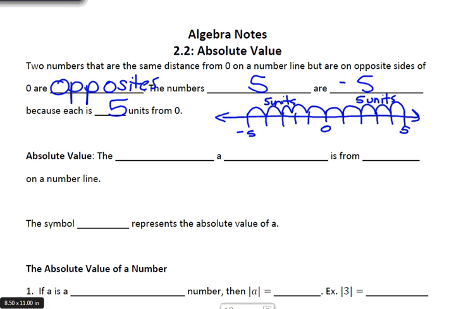Absolute value is the distance a number is from 0. Okay. And the symbol that we use to represent this are straight up and down lines. Okay, so they're kind of like parentheses, but they're straight up and down. So let's look at what